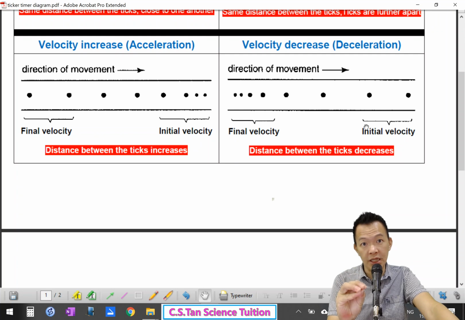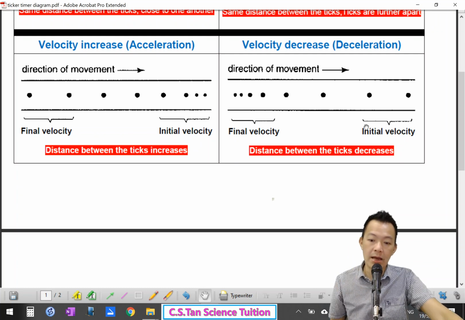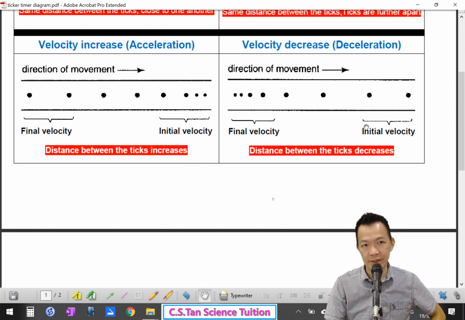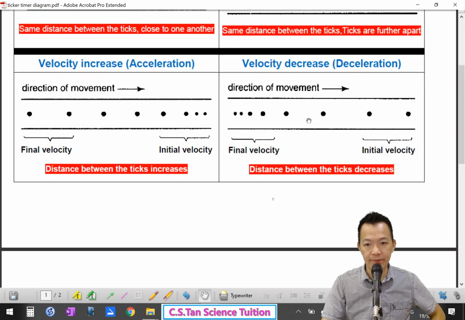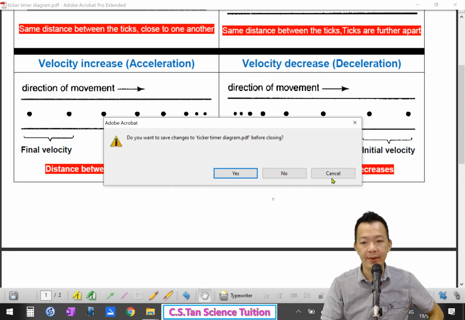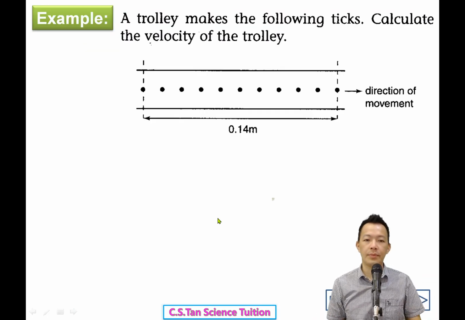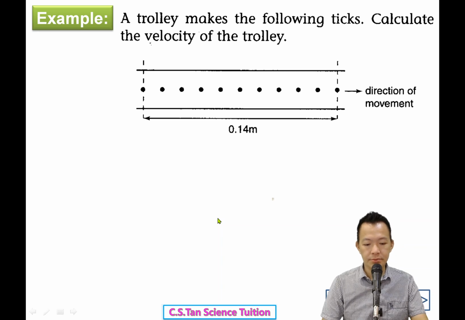Next, initial velocity. 刚刚开始的速度。最后的速度, okay, 它减速了。At the beginning is very fast, but at the end will become slow, 最后却慢了，对不对？So deceleration, 它减速了。Okay, so this is how we read the ticker tape. But how to answer the question for ticker tape? We go to some simple example first. 先看一些简单的 example, and after this, 我们玩真的啦，玩比较好料的 example。